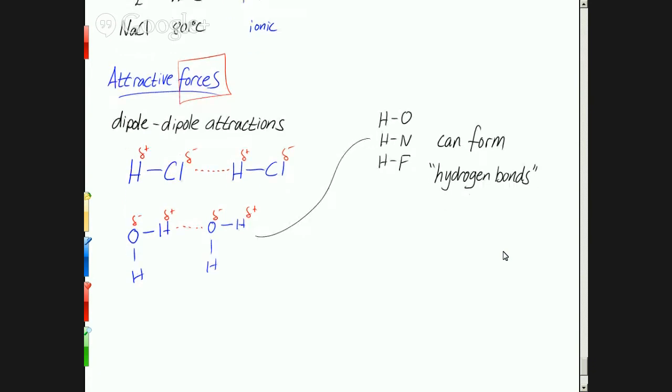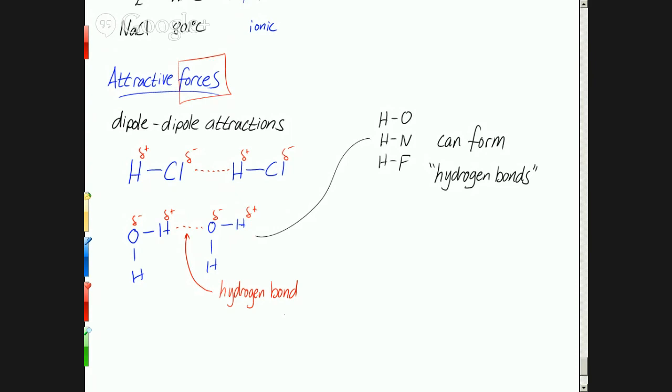So this interaction that we're showing here between an oxygen and a hydrogen is actually what we refer to as a hydrogen bond. Now it should be called like a hydrogen force or a hydrogen attraction or something like that, so that it's less confusing and we don't mistake it for an actual covalent bond, but it's called a hydrogen bond. And it applies to those,